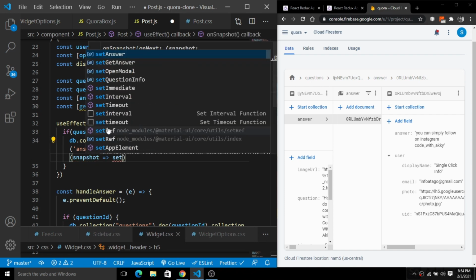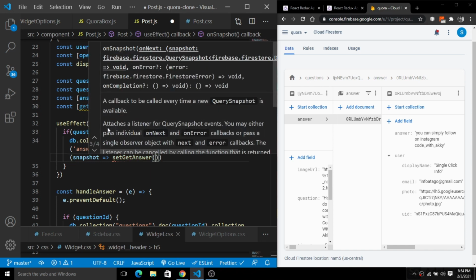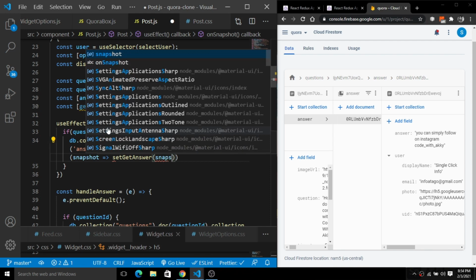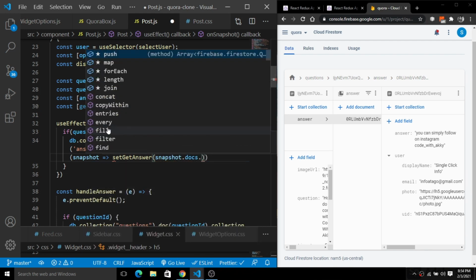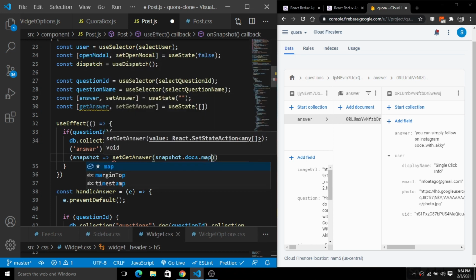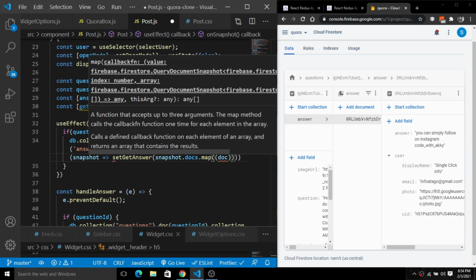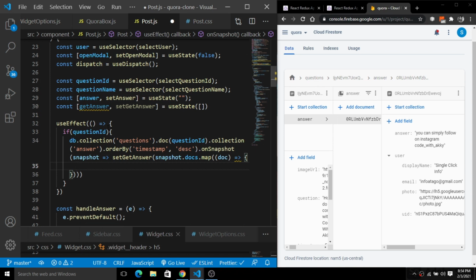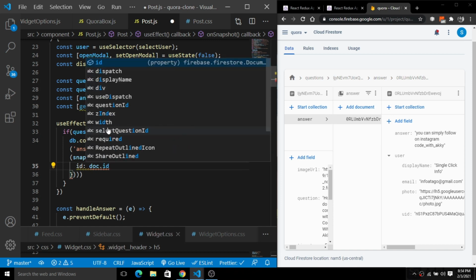So simply setGetAnswer, and here we will pass snapshot.docs.map. We'll use a map, and here we have a doc, and for that doc we will have an id generated here. So we will have this doc, and here we will have an id for that respective answer. So we have doc.id, just like this.